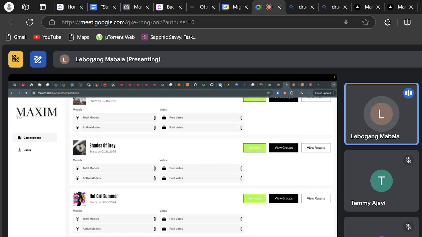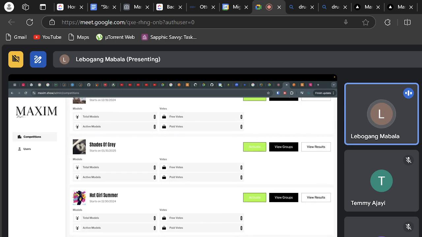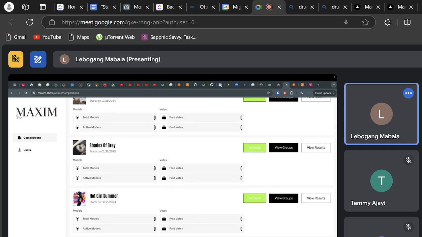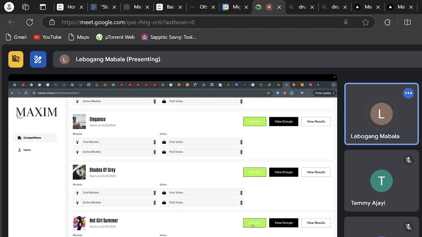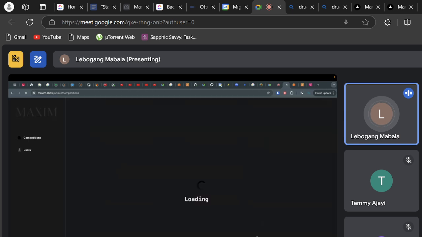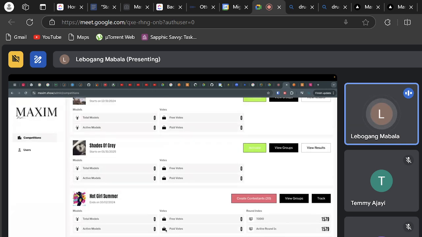Yeah, so you saw that this thing is a bit delayed, so when you click it, there's no loader here. I didn't want to spend any time on it, so maybe just wait a couple of seconds until it refreshes your page, and then you'll see that your contest will have 20 models. After that, when you activate one, it also refreshes your page, and then your contest will be active. And then I can also add 20 contestants here, just waiting for it to load a bit.